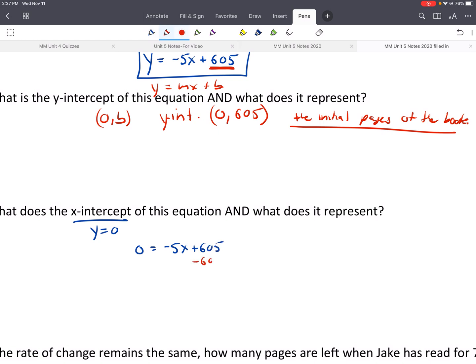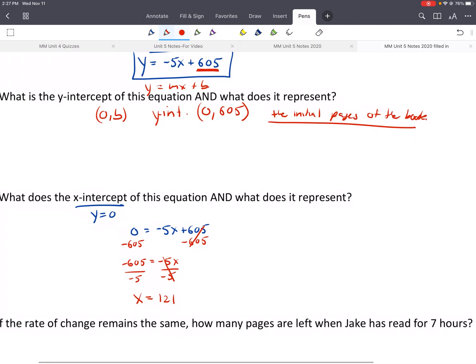So we could subtract 605, and then we could divide both sides by negative 5. And we would end up getting x is equal to, and I would just grab my calculator, divide it, and I get 121. Okay, so what does that represent? Our x-intercept is going to be (121, 0). So what does x represent? Remember, that is your